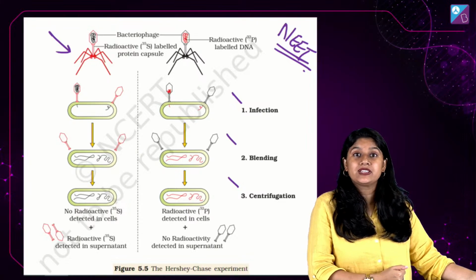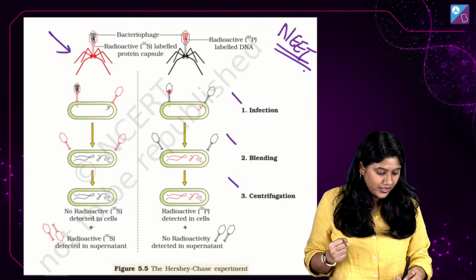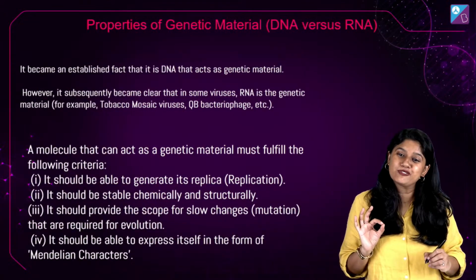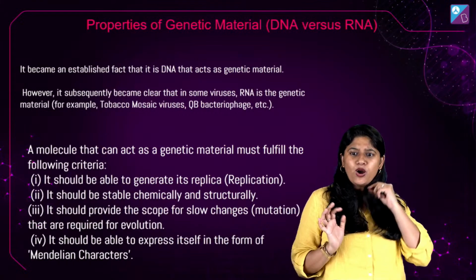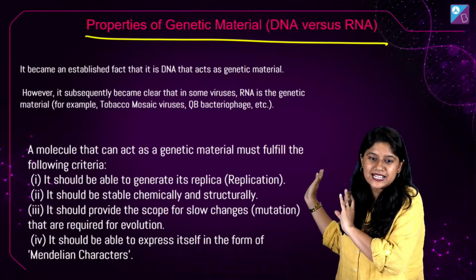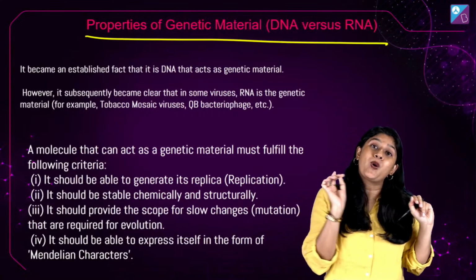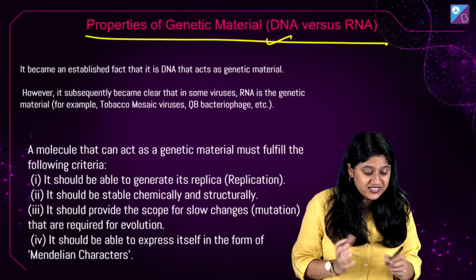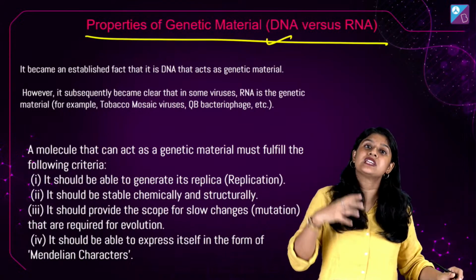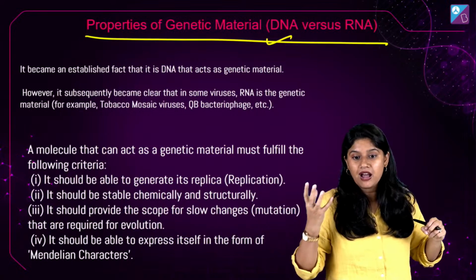So we are done with the 3 important experiments everyone, and we have seen a few questions based upon them. Now let's move ahead to the last, the smallest part that we have, and after this we will be finishing our session. We already had a discussion about it, but let's quickly put it on the slides and on the sheet so that we have the best memory of this. Why we prefer DNA as a genetic material, why there is a lot of comparison between these two. So let's see why we prefer DNA as a genetic material and not RNA.